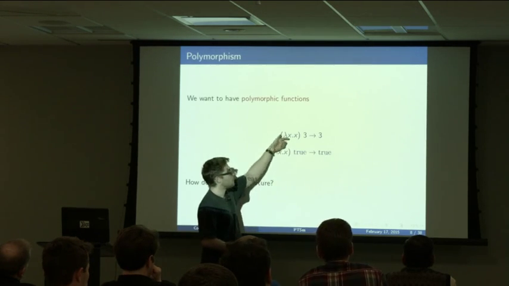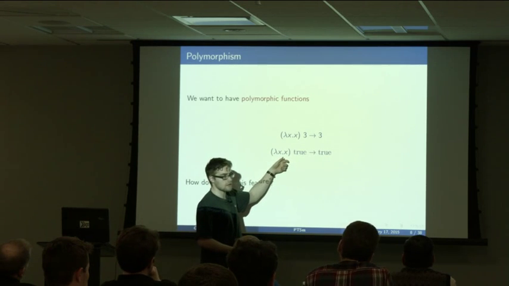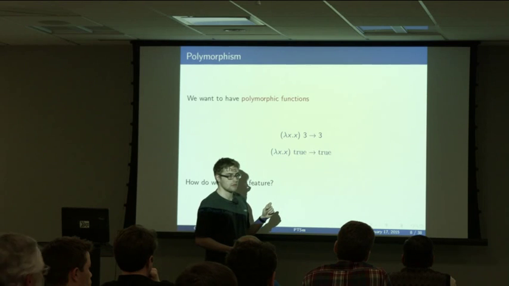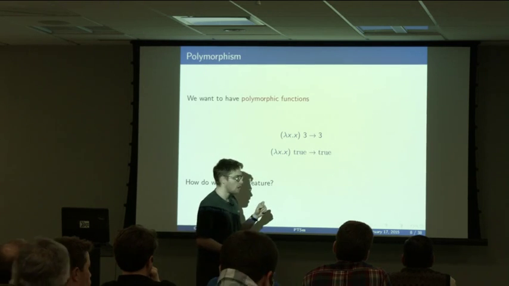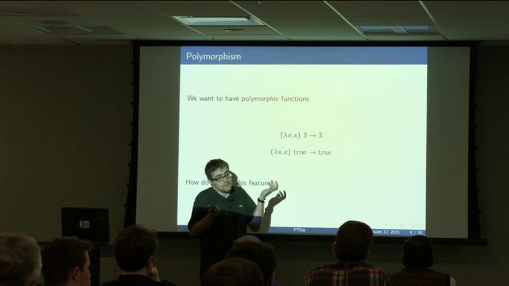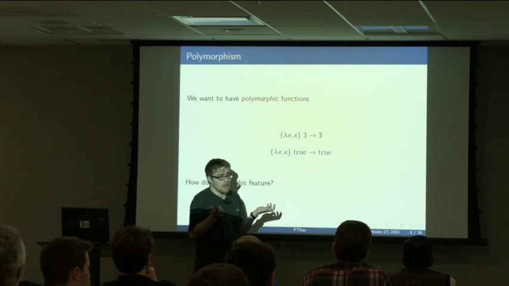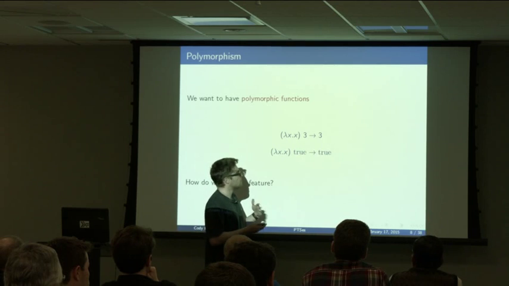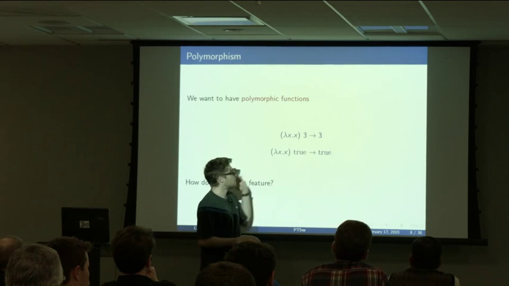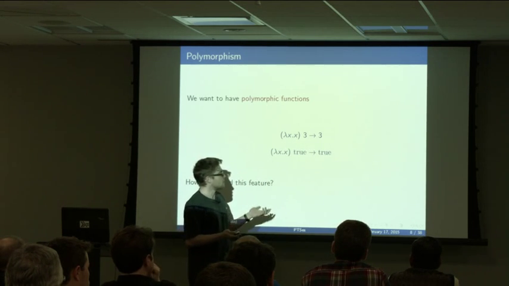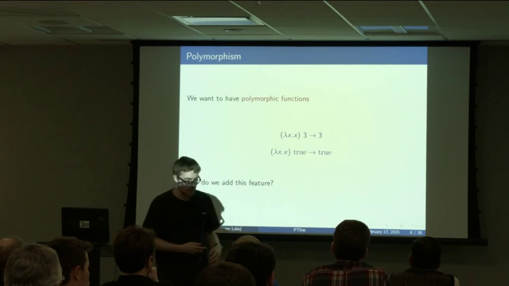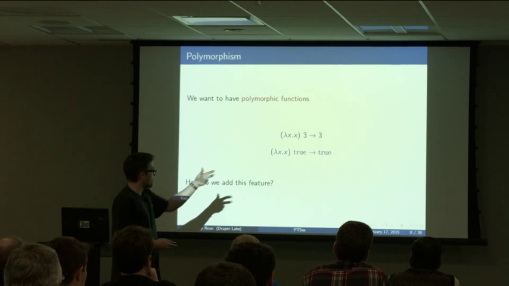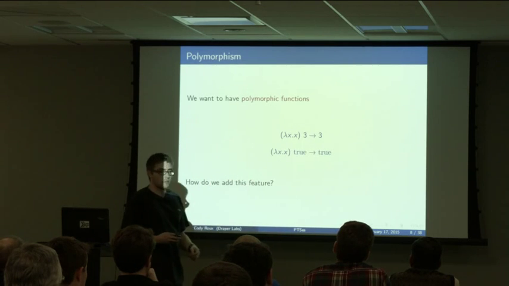And if I use that creature at two different spots, it has to be applied to something of the same type. That's the distinction I was trying to point out. Yeah. And this is sort of a good thing about your type system, right? That you can only use it in coherent manners. But it's also a bad thing because these two uses seem reasonable, and yet they're forbidden in simply typed lambda calculus. So we want to add the feature where somehow this is polymorphic.